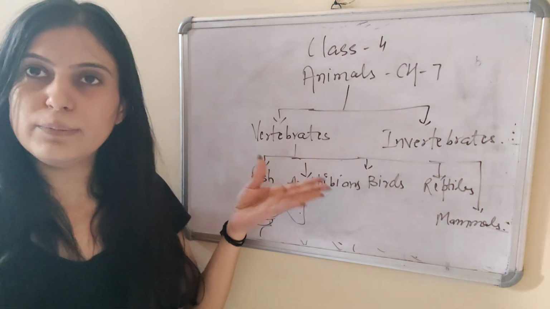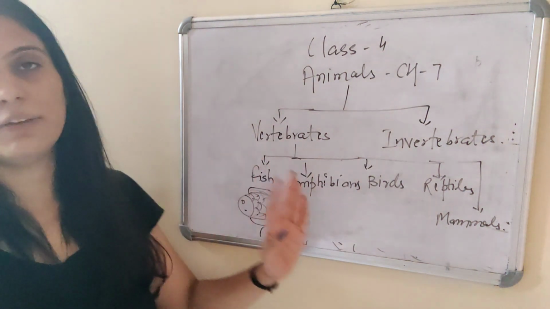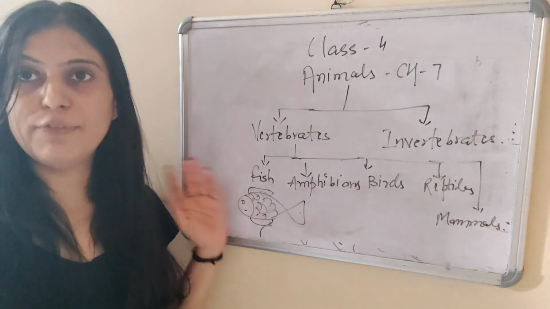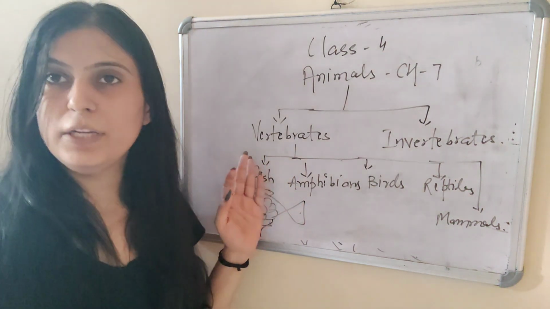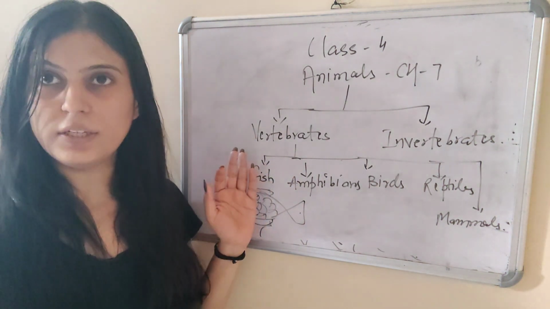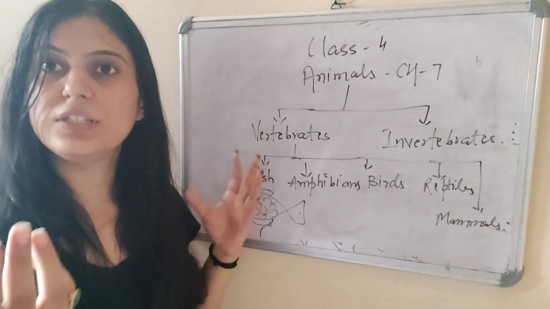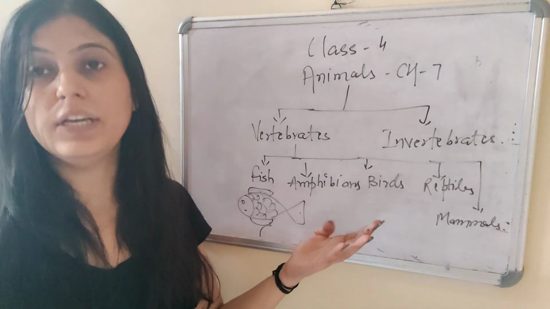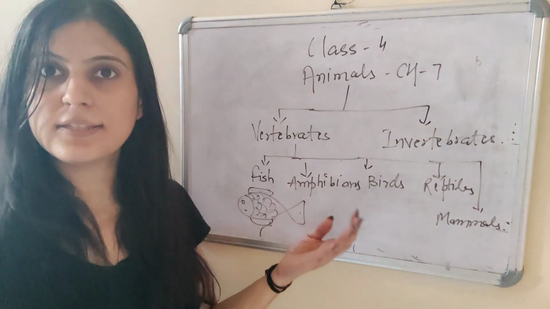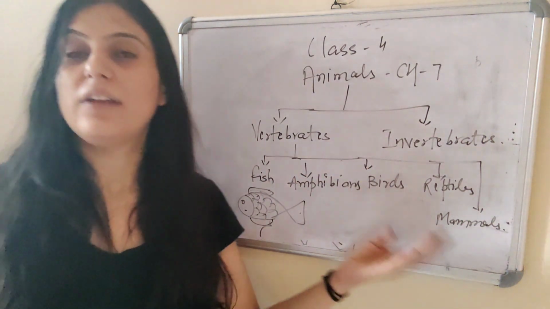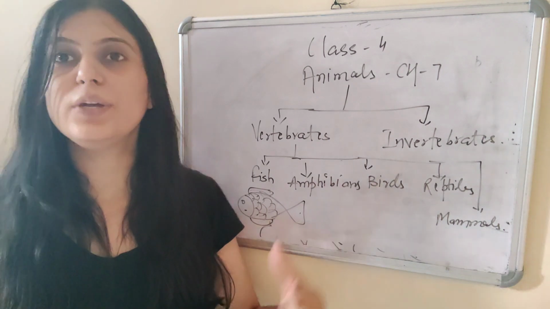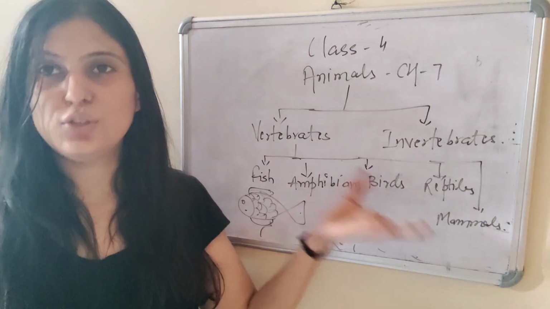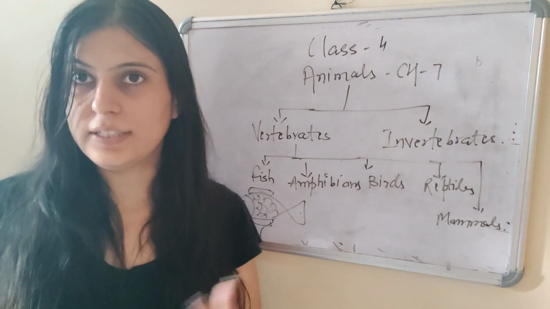So we have covered vertebrates. There are five groups of vertebrates: fishes, amphibians, birds, reptiles, and mammals. In fishes, gills are present. They have fins and tails. Amphibians breathe through the skin in the water, and on the land they breathe through lungs. For example, frogs. Birds have wings and feathers. They have a boat-shaped body through which they can fly in the sky. Reptiles have very dry skin. They have scales on their body. They crawl on the land. For example, snakes, crocodiles. Next one is mammals. Cats, dogs, and humans are all considered as mammals.